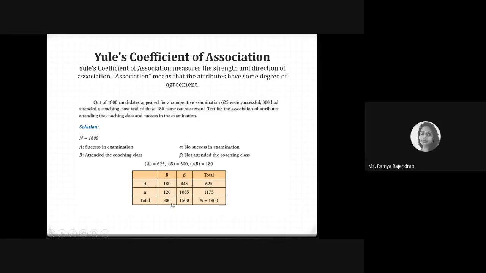So only 300 people attended the coaching class, 1,500 people have not attended the coaching class. So we're trying to find out, is there any association between attending the coaching class and getting successful in this competitive examination. So the formula for Yule's coefficient is